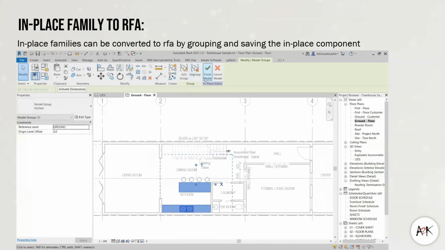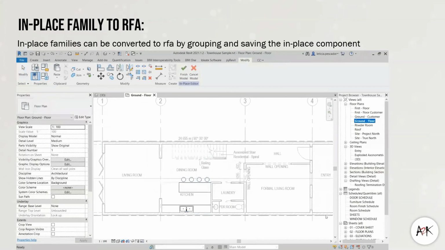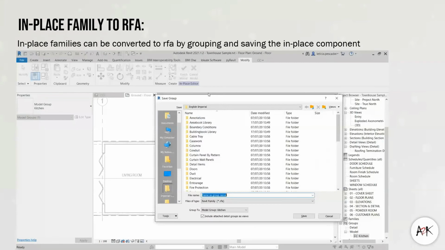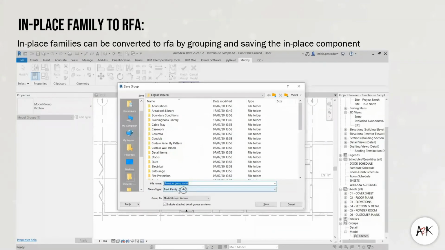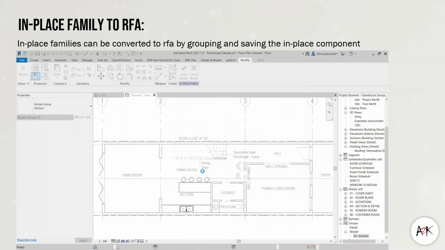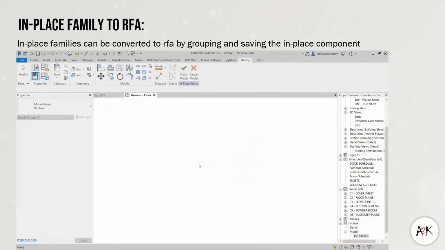After you save that family as a group, before you finish the in-place editor, we can save that group from our project browser. If we go through our groups section and find the group that we just created, we can save that group from our project into a location. When we are prompted to save, you will notice that the in-place family will automatically become an RFA. So from there, we can start